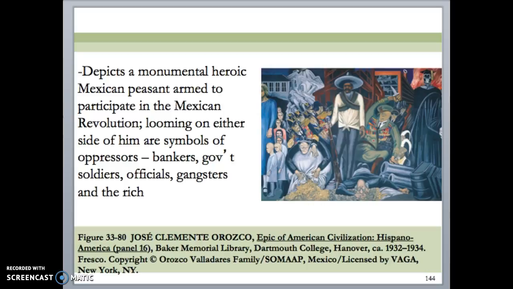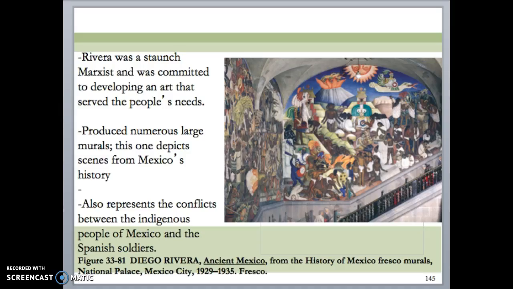So this is the mural in our book called Ancient Mexico, and I think this is a really cool image of the mural because you can see it in the space where it was originally painted in the National Palace in Mexico City. So, they're all fresco paintings, very, very large, bright colors, and focus on political messages